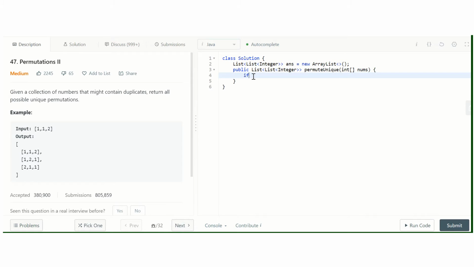Here we'll check for the null case: if nums equals null or nums.length equals 0, then simply return the empty answer list. Now we'll create a list and add all integers to it, and let's name it candidate, new ArrayList. Now I am going to add all the elements from the array to the list.